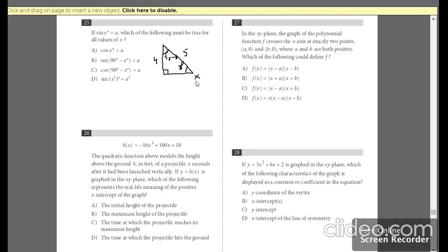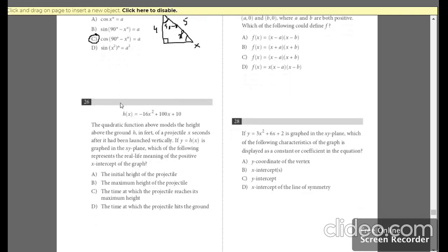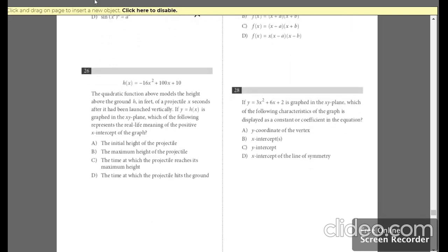Remember, this is your sine x. So just check it out. What is going to give us cos is nothing but, as I said, the complementary angle. So bingo, that is our answer, 90 minus x. You don't have to do anything else. Whether it is given in cos, in the same way you have to take it as sine. So they are both complementary angles. Moving on to the next question, 26.